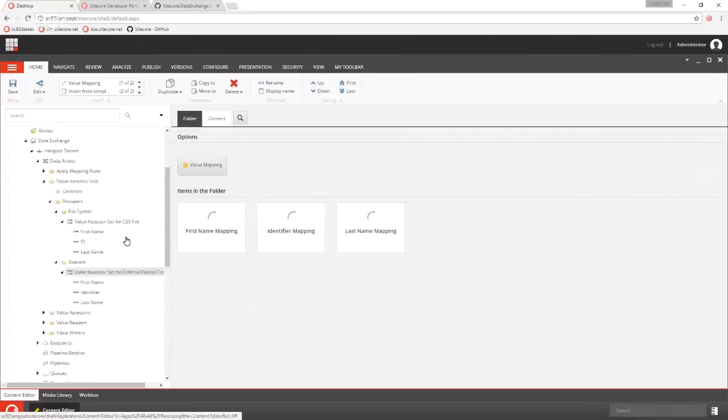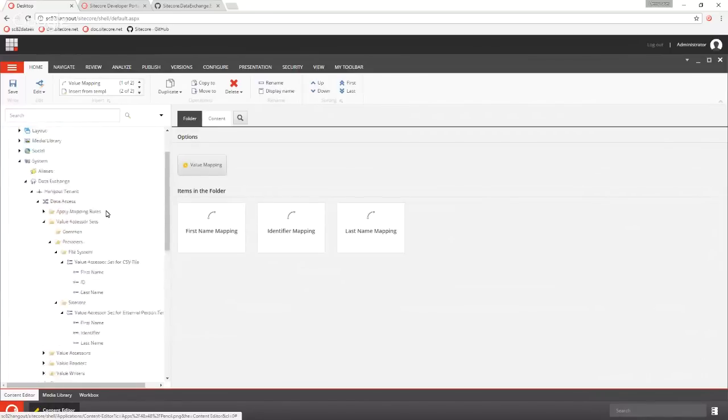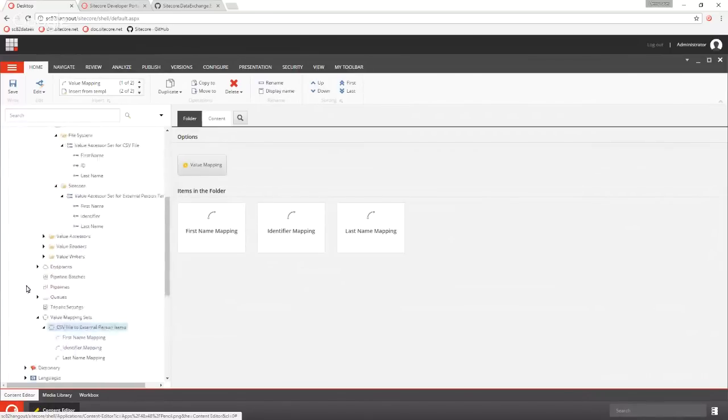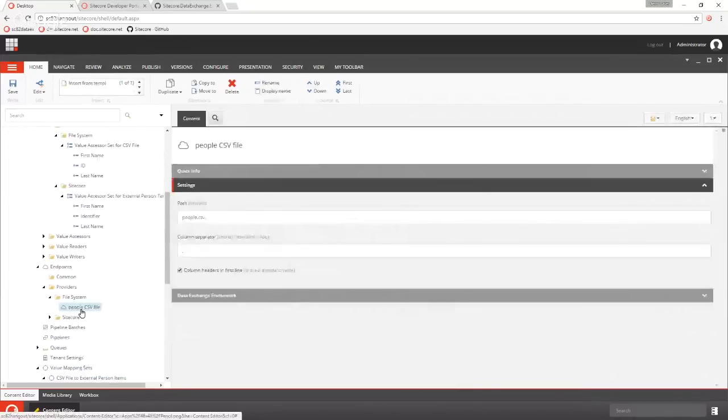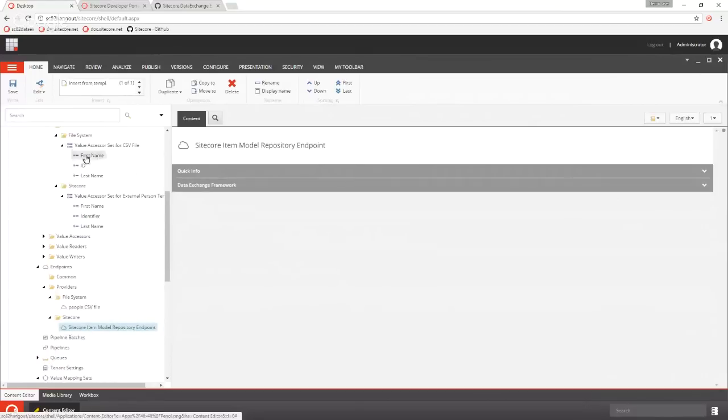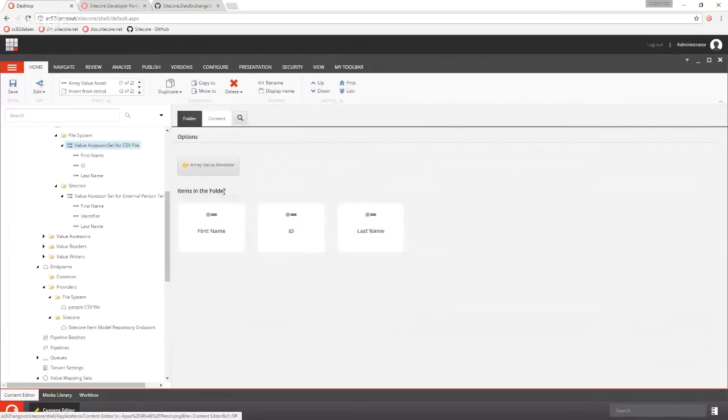Okay, so what we've done, just to review, we've defined the endpoints. The endpoints represent where the source objects are coming from and where the target objects are going to. We have defined the structure of the source object. That's here, the value accessor set. All of the different columns that we read from the file, each is represented by a separate SiteCore item.